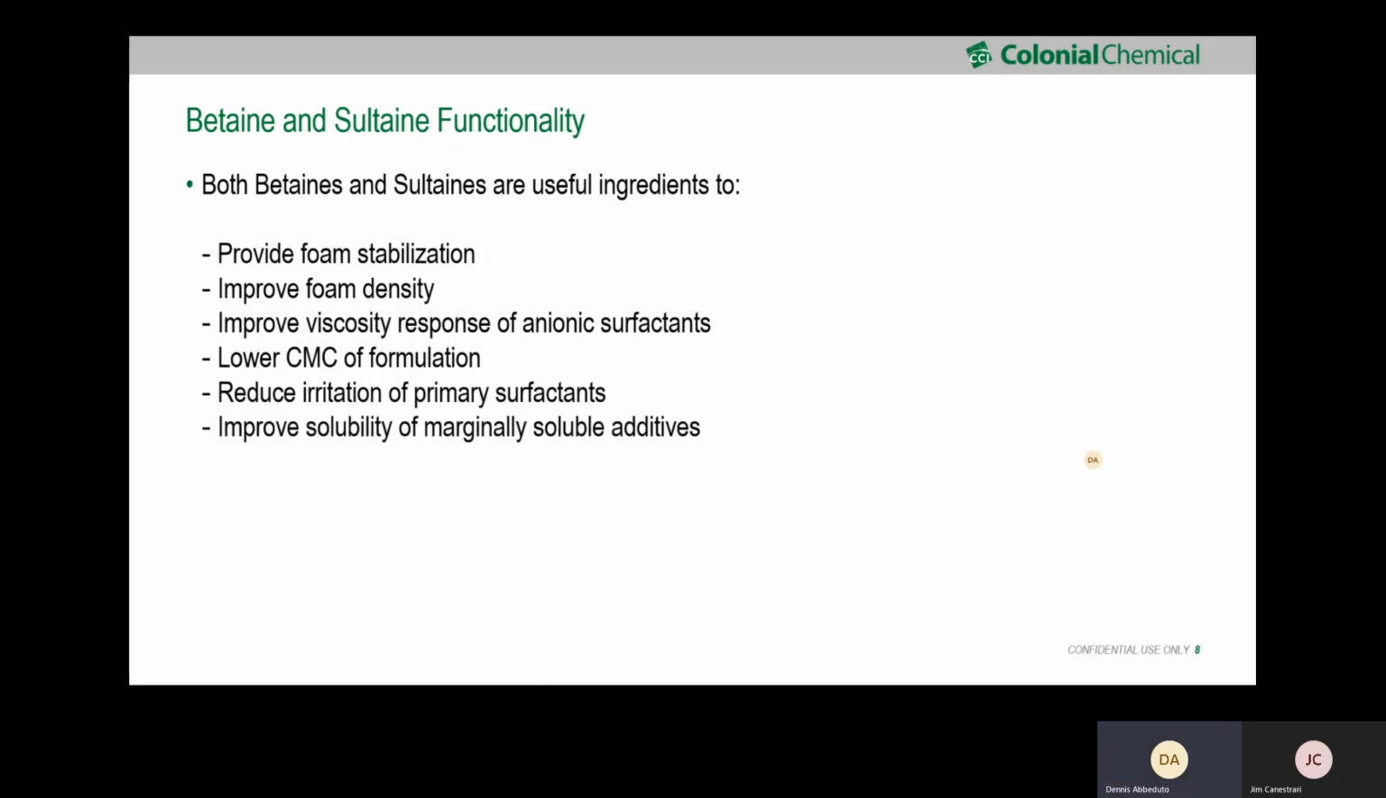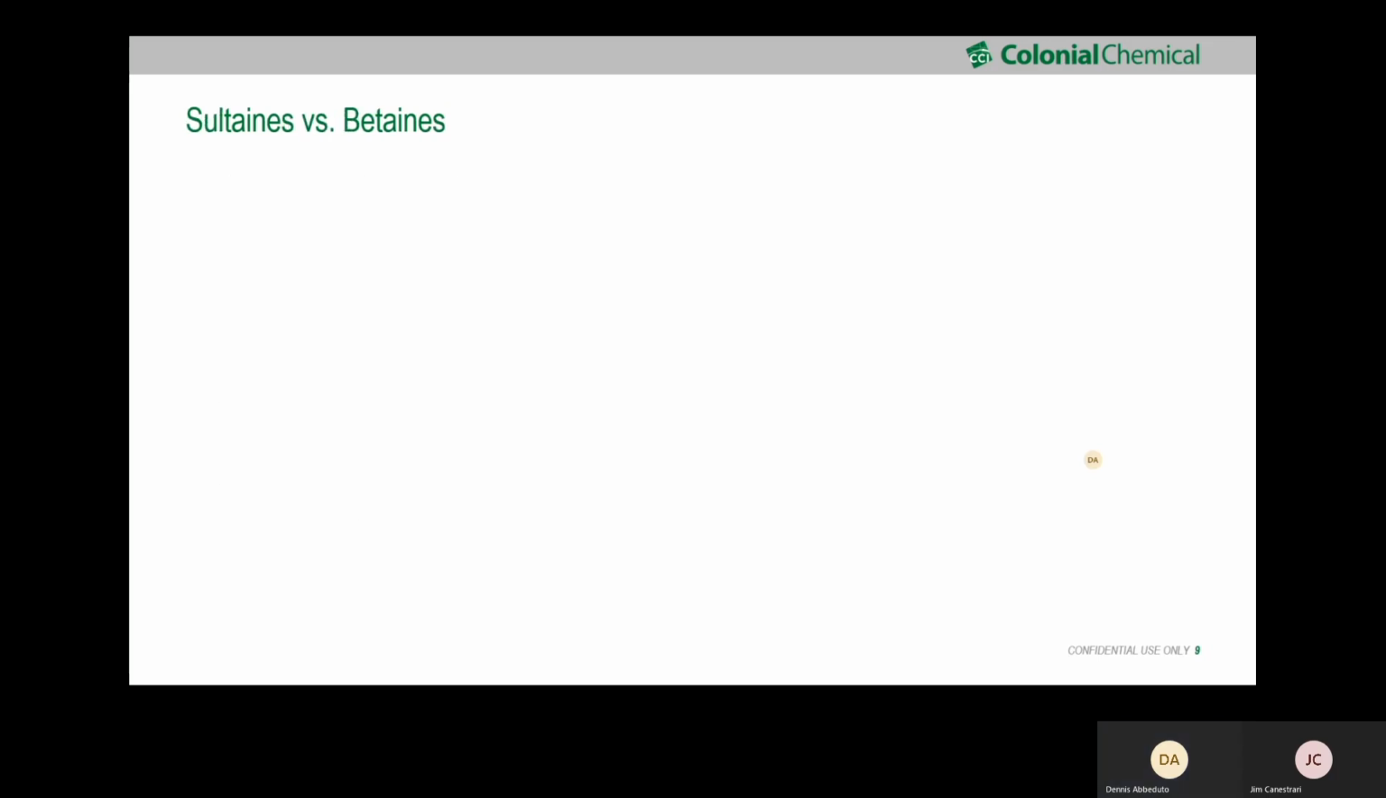We can improve solubility of marginally soluble additives. Betaines and sultaines tend to be better emulsifiers than traditional primary surfactants, things like SLS or SLES. Betaines and sultaines improve detergency, they improve wetting, and have just an overall benefit of making those anionic surfactants work